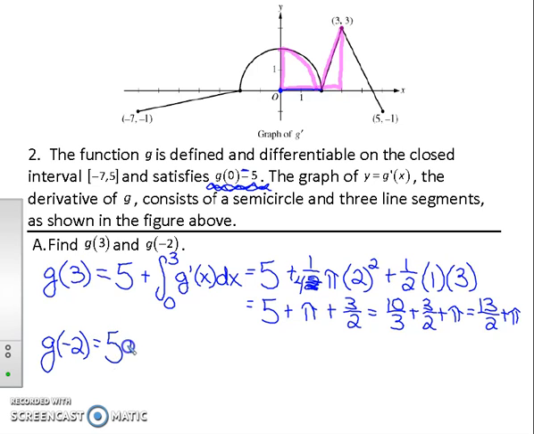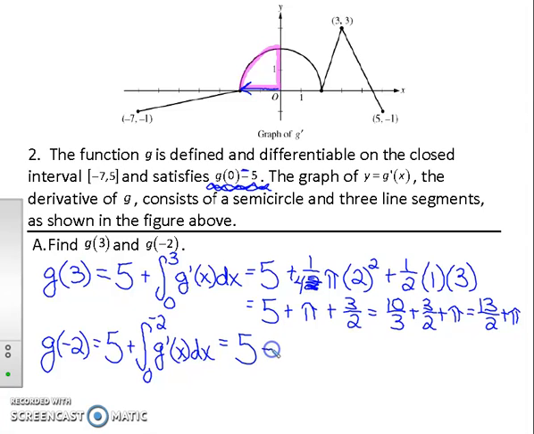All right, so then we're going to do the exact same thing for G of negative 2. We start with that value of 5, and then we're going to integrate from 0 to negative 2 G prime of x dx. So let me erase what I had up here from G of 3. To go from 0 to negative 2 would be this much space. Now, remember that we have discussed the fact that integrals are directional. So when I'm measuring that integral, it is above the x-axis, but it's moving in a negative x direction. So I've got negative x's times positive y's. So that's going to be a negative